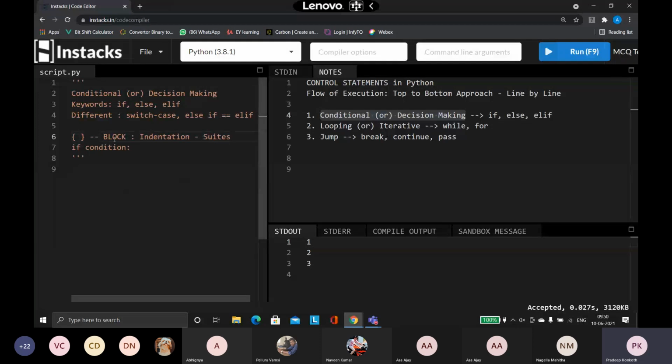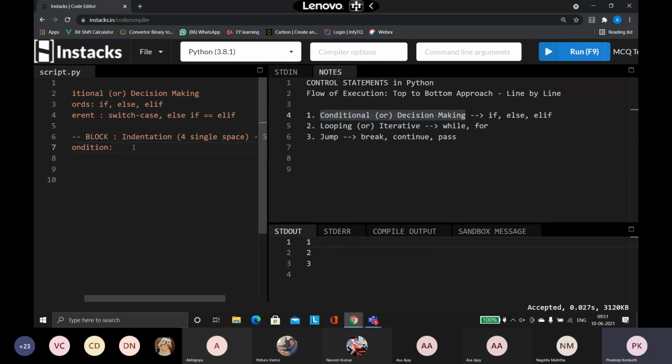The word we use here instead of block is suite. A suite means all the statements together. As soon as you put a colon, all the statements that belong to the if condition need to be written with a space. You use this indentation space. What we normally use is 4 single spaces, or we call it a tab.